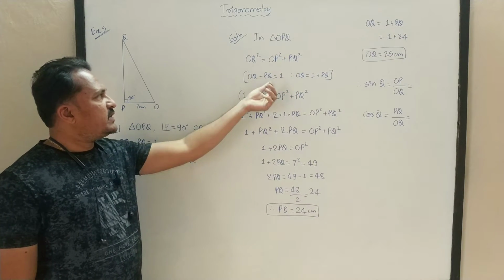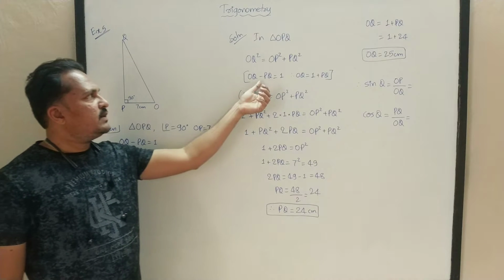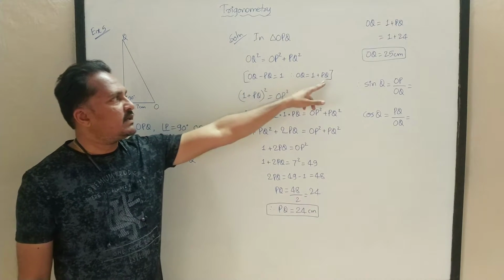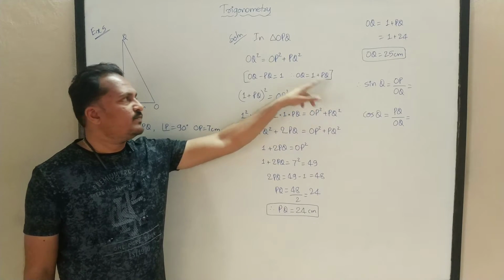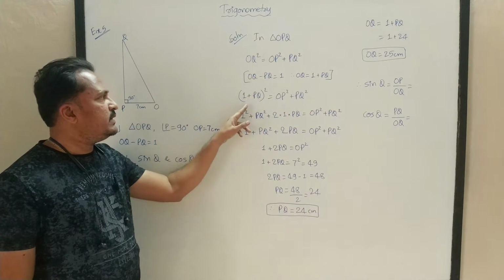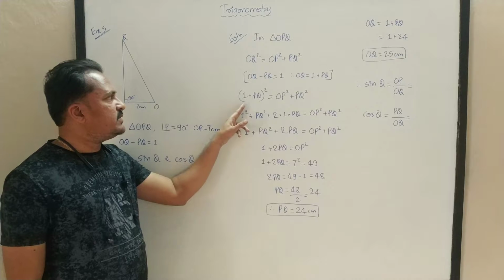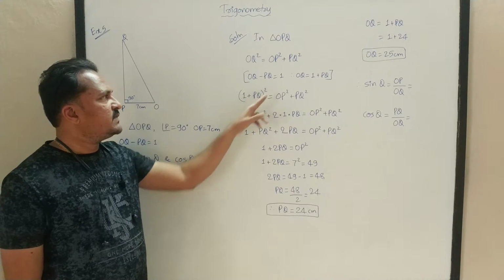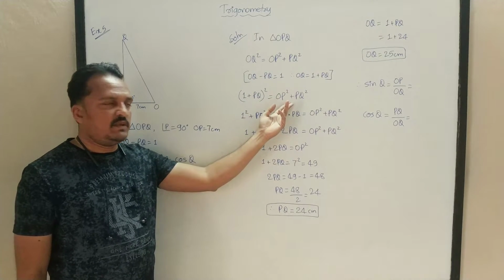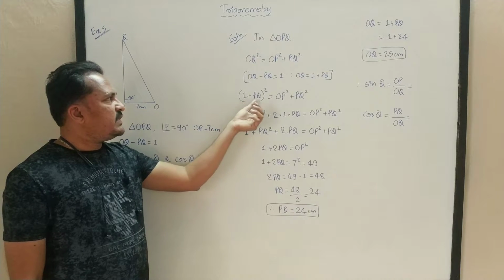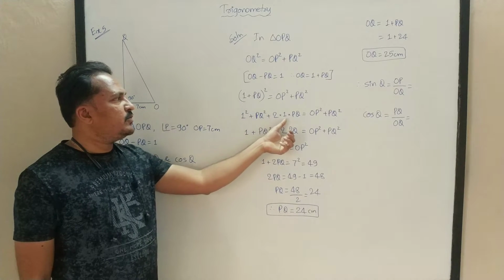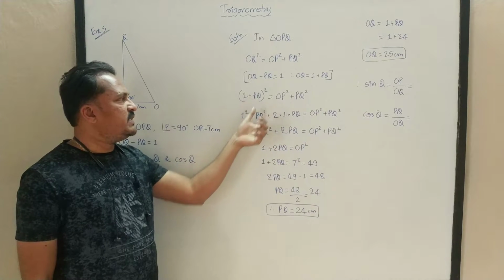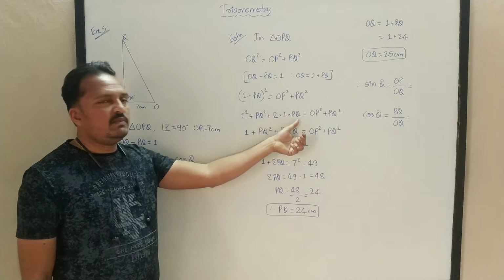Next, OQ minus PQ, here they have given 1. I am going to shift this PQ to the RHS, so I will have OQ is equal to 1 plus PQ. So this value I am substituting here. OQ is replaced with (1 plus PQ) square. Then RHS is the same here. Now (A plus B) square is A square plus B square plus 2AB. It is A, it is B here. A square, B square, 2AB.